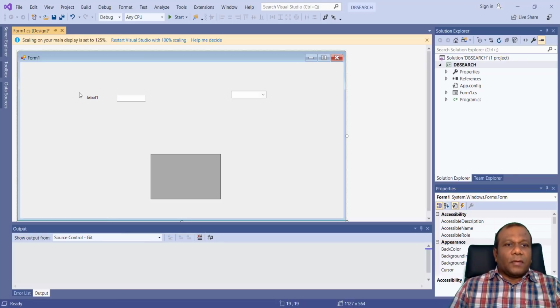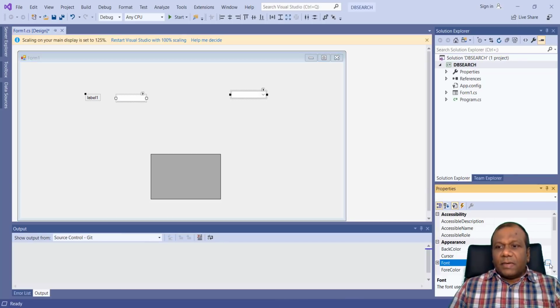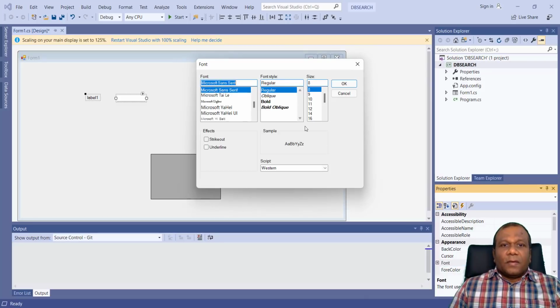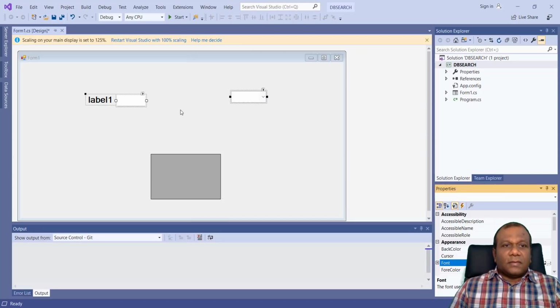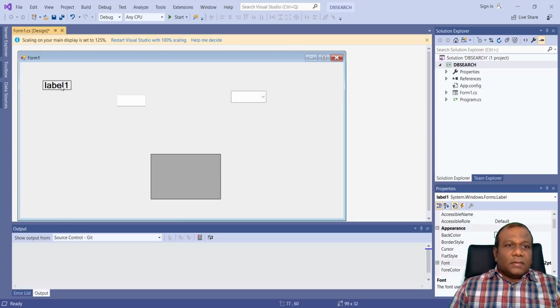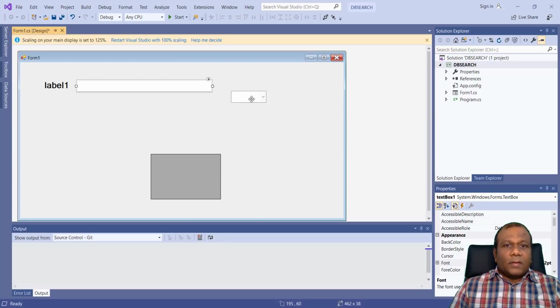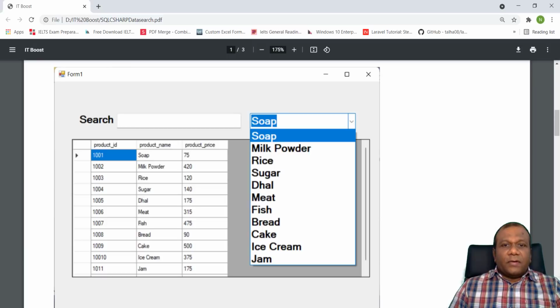Okay. Now I'll select all these and I will increase the font size a little bit more. So here I'll make it bold and 16. Right. Okay. So this is the design we have to make, right?